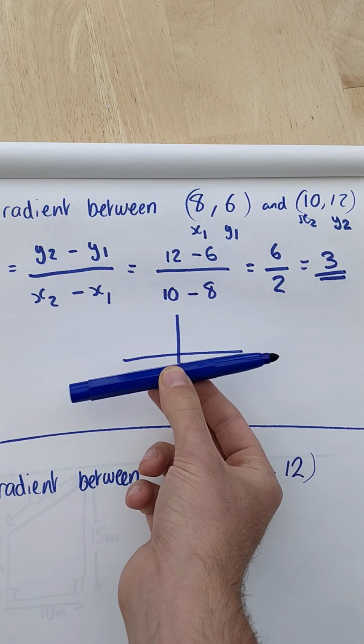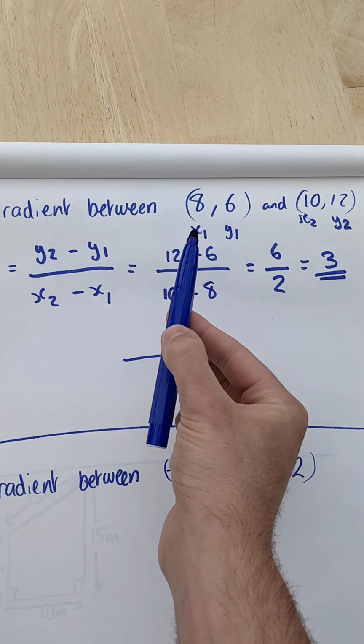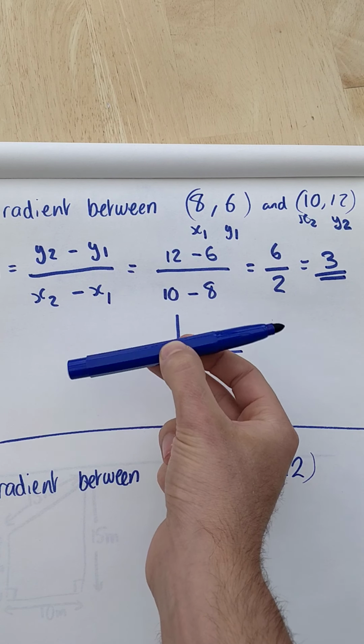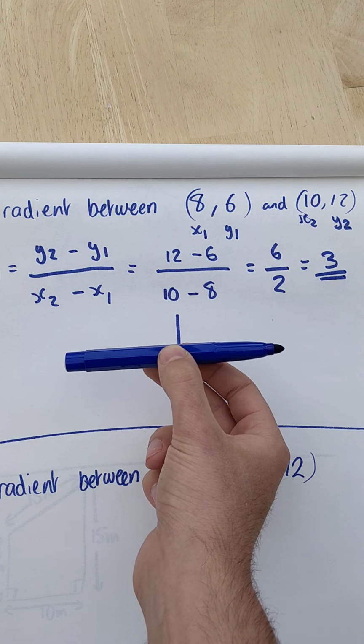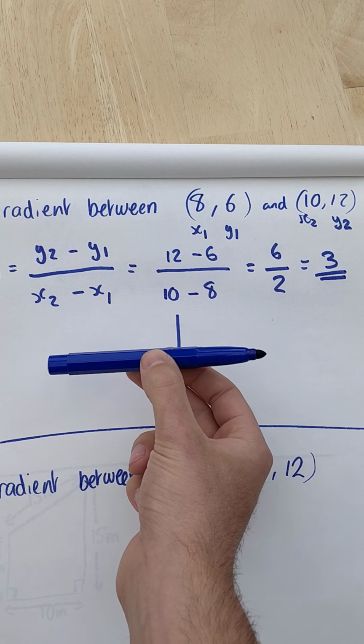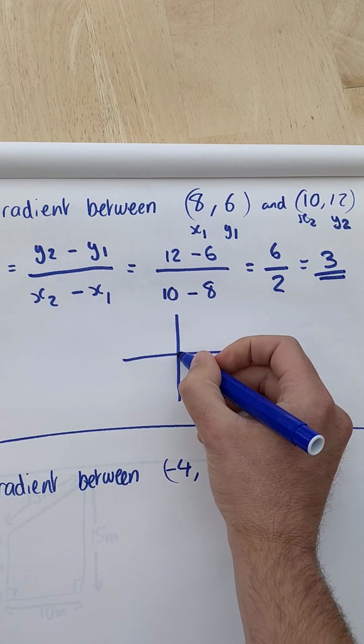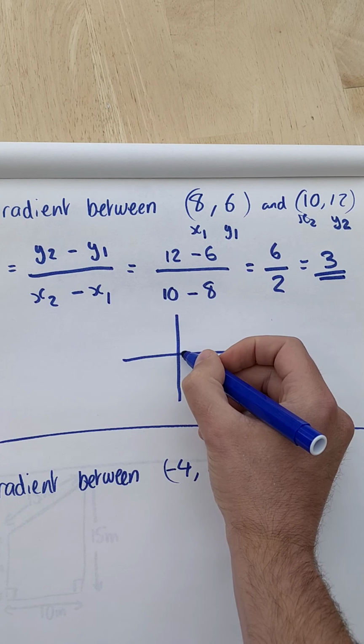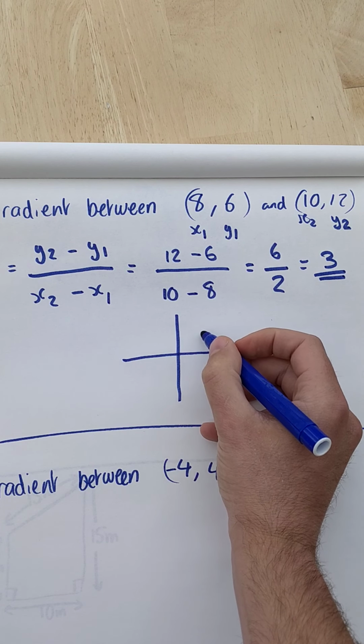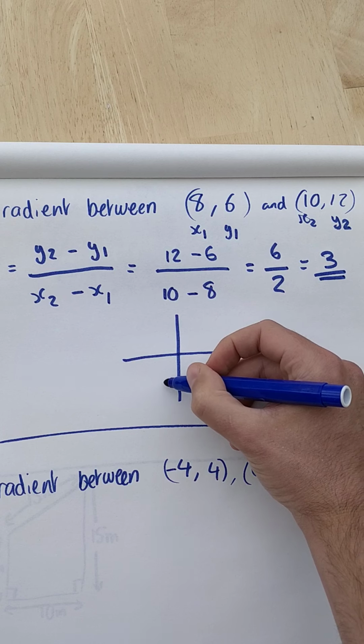Okay, and a gradient of say a million, it's going to be really steep. Okay, so a gradient of 3 basically means for every 1 square you go that way, you go up 3. So you go along 1 coordinate, you go up 3, along 1 coordinate, up 3. So you'd end up with a line